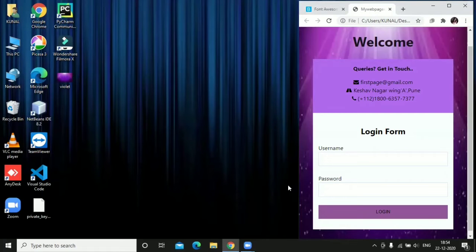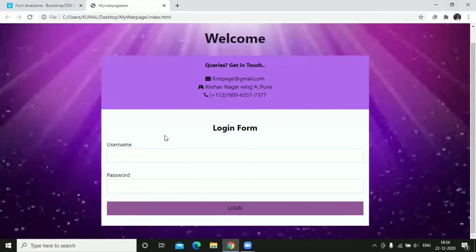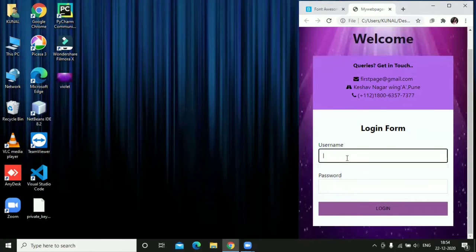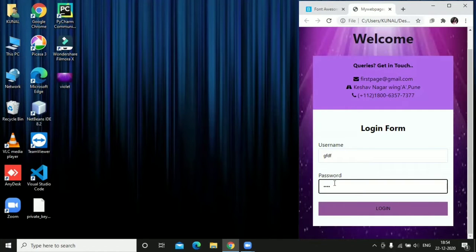In today's video, we are going to design a web page. Please watch it till the end. Probably this would be our output at the end of this video, which is quite responsive also. As you can see, the content inside the window is getting justified according to the width of the window, right? It is just a simple login form, which contains username, password and the login button. So we have to design this. Without wasting time, let's just start.